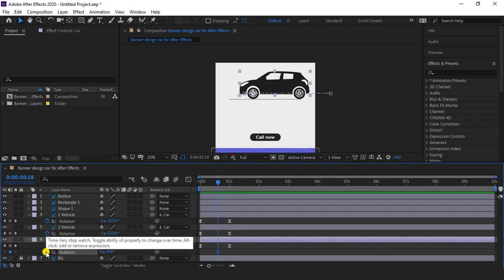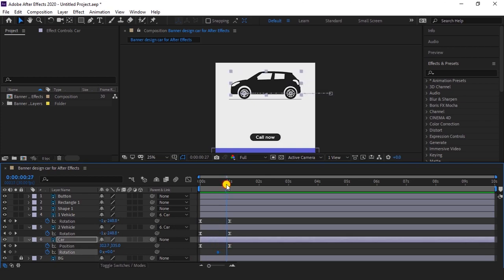Click on the rotation stopwatch icon. We have a key. Now come forward, give here a rotation value of -5, and again come forward, and here it will be 0.